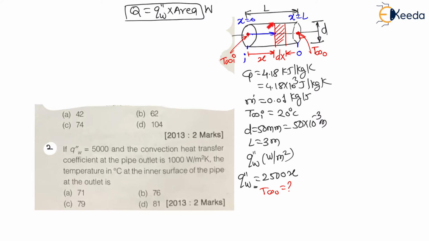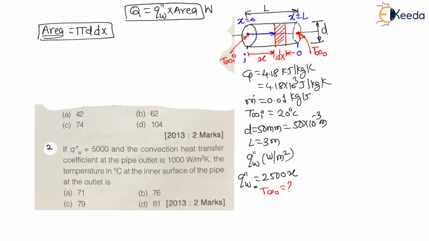Now my dear students, for this very small elementary strip, what will be the area? It is circular, or not? Means at this location also the cross section is circular. It is pi d into L. What is the area of a cylinder? That is the surface area we are considering for the convection. Therefore, what is the surface area of this very small elementary strip? It will be pi d into the length of this strip, which is nothing but dx. Therefore, the very small area will be pi into d into dx. Pi d is the circumference, into dx. Right. This will be the very small area.